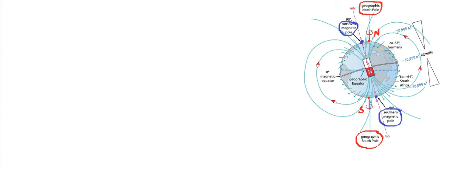So there are two types of poles available. One is because of geography, so that's called geographic North-South poles, and one is because of magnetism, that's called magnetic North-South pole. So whatever the bar magnet is, that is creating these poles. So these poles are created by the bar magnet inside, or you can say the churning of the currents, or effective dipole moment that is being created inside. So if we compare it with the bar magnet, it's going to be like this kind of bar magnet if we replace all these churning currents in terms of bar magnet.